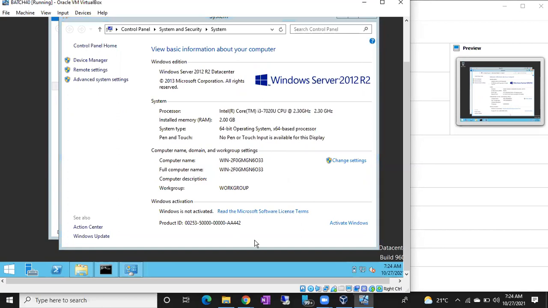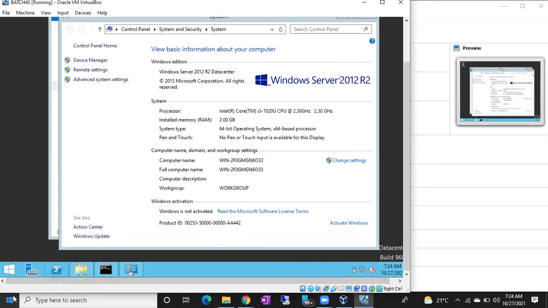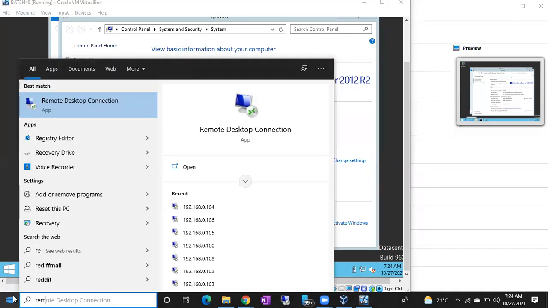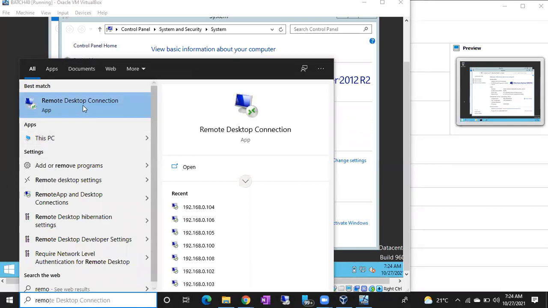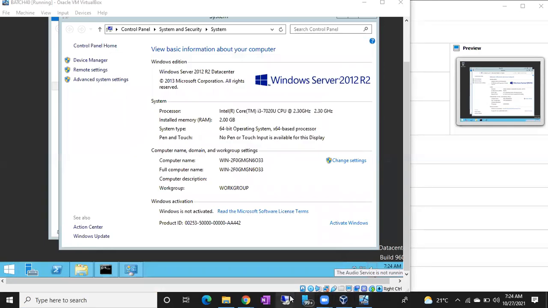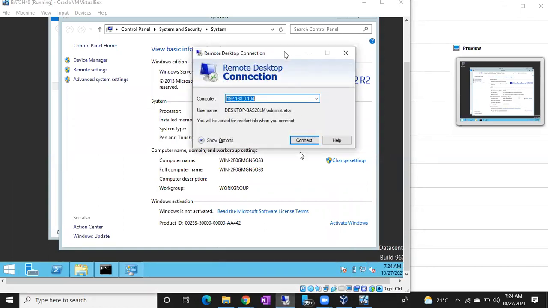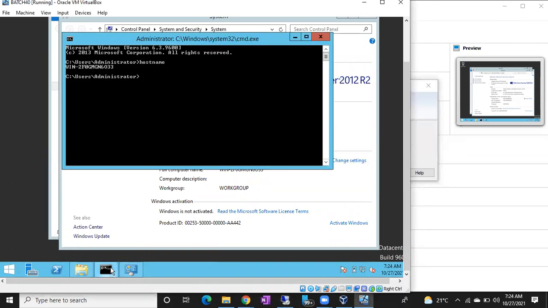So what we can do is, let me open the remote desktop console. What I did is simply type remote desktop console. Every time, why waste time by typing it? The first time I type this, right-click, pin to taskbar. As it is already on the taskbar, it is showing unpin from taskbar. If you haven't pinned it, you can see the option pin to taskbar, and automatically it will be pinned to your taskbar. Every time you can simply click on it and give the IP address or server name. Let me type this server name. I cannot copy paste from local to this.